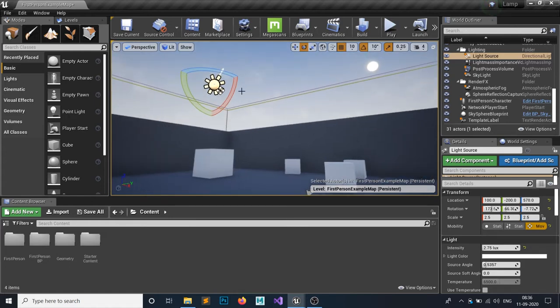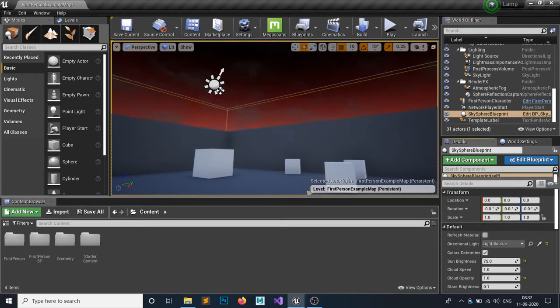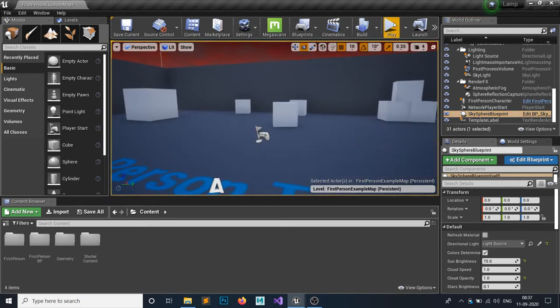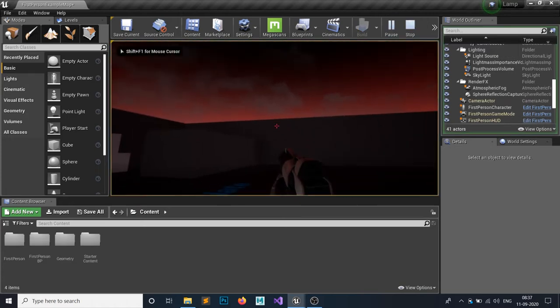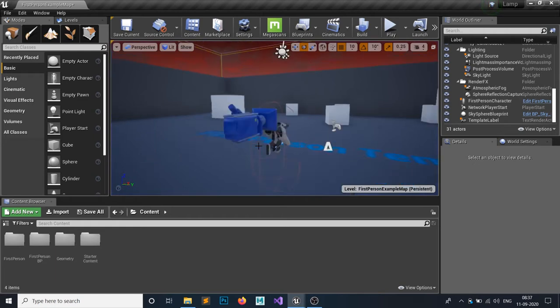You can see the sun is here. After doing so, just click on the SkySphere blueprint and hit refresh material, and you're gonna see we have a night sky effect. It's not much, but we can be okay with this.